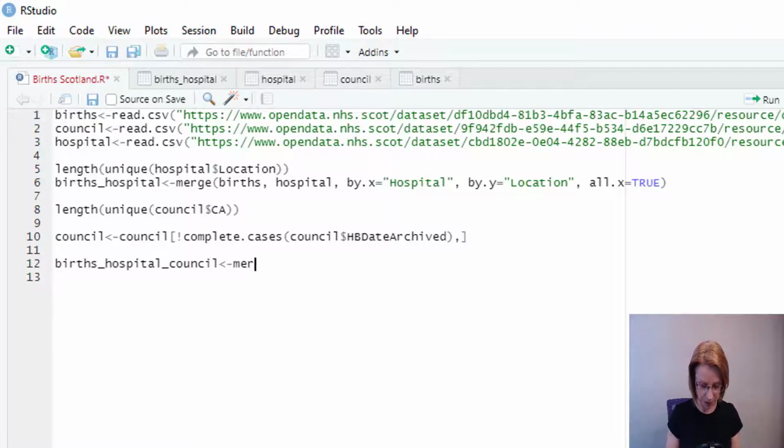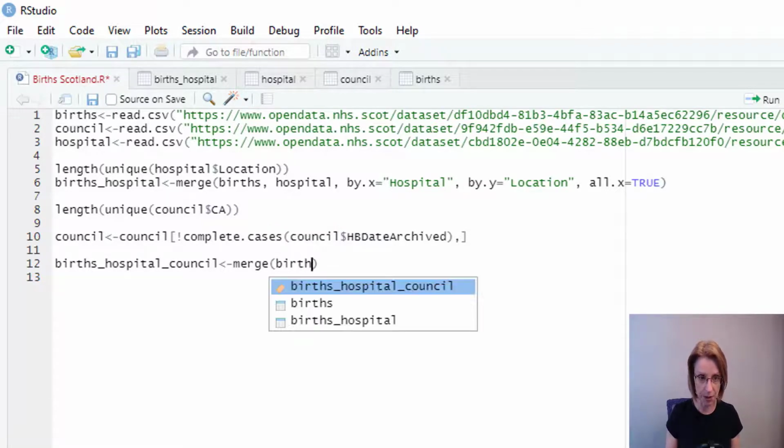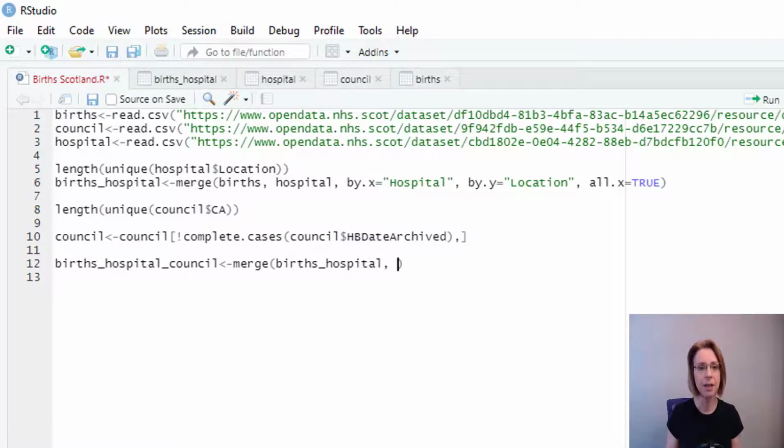and we want to merge, open brackets, the name of the first data set which we want to merge, and again we're doing left joins, so we want our larger data set, which is births hospitals, because remember that was our new data set following our previous merge. So we want births_hospital, comma, our second data frame is council,